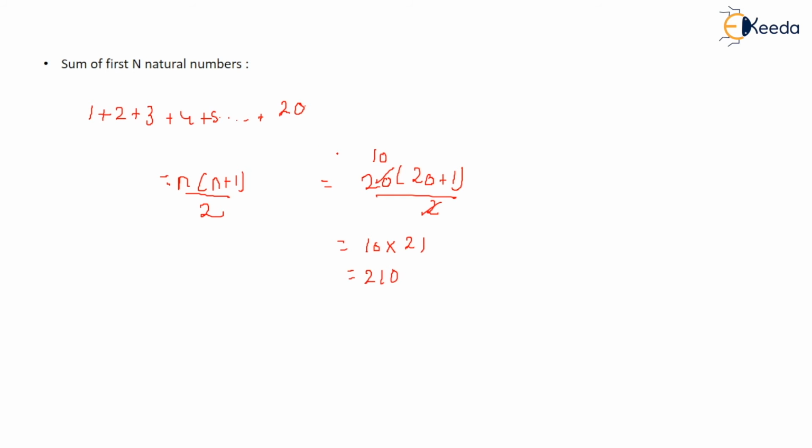If you add this, you will find the same number. If you add 20 plus 19, that comes out to be 39, plus 18, that comes out to be 57. Similarly 17, and all this, if you add, it comes out to be this much. So this is how you need to calculate the sum of first n natural numbers. In examination they can give you anything, like find the sum of first 30 natural numbers, 20 natural numbers, first 100 natural numbers. So you will find out like this. Okay, next question.